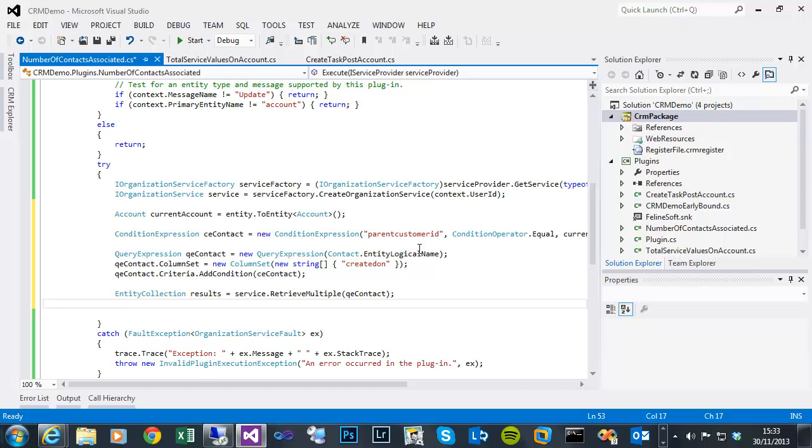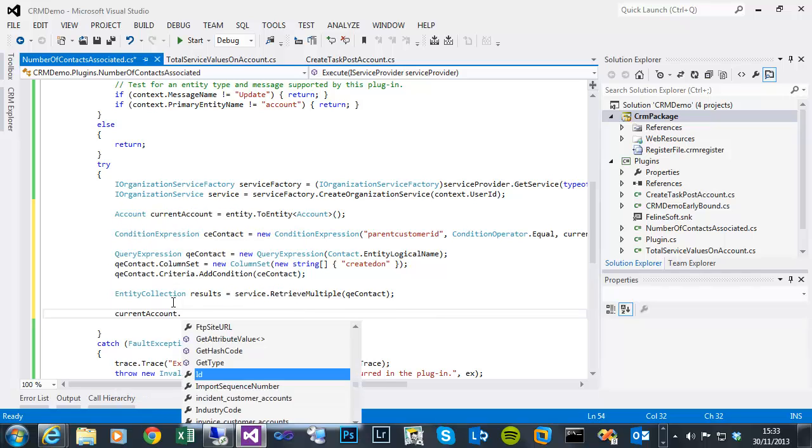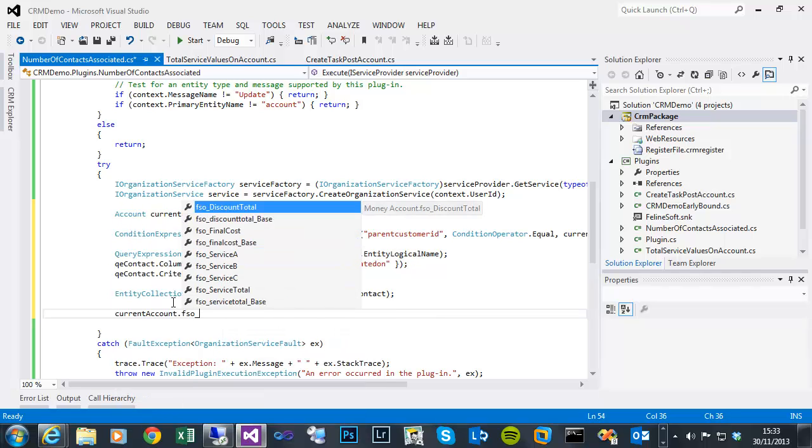So that will now query all the contacts where the parent customer ID is equal to the account where we've just updated that number of contacts field. And then we can do a count of that entity collection and write that into the field. So on the current account, that new field,